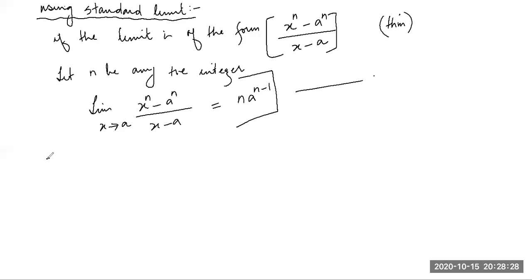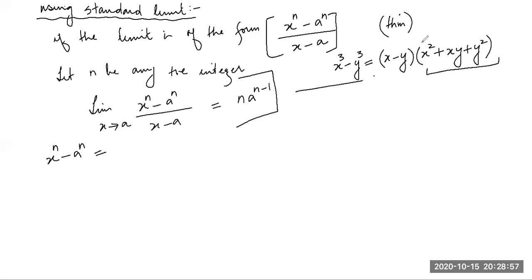So guys, you see that, how can I write x raised to power n minus a raised to power n? You get the idea from here. If I get x cube minus y cube, or maybe a cube, so I know that this is in the form of x minus y into x square plus xy plus y square. Okay, guys, the students who have studied binomial expansion would very easily absorb this idea. You have studied binomial. Even if you don't know, no problem. So we can write x raised to power n minus a raised to power n as x minus a